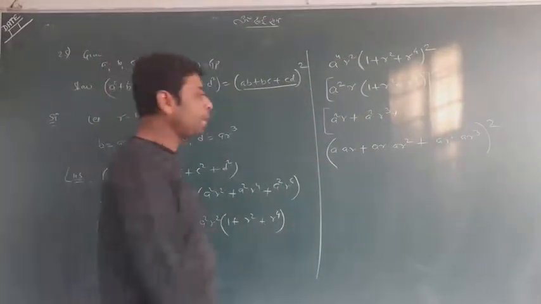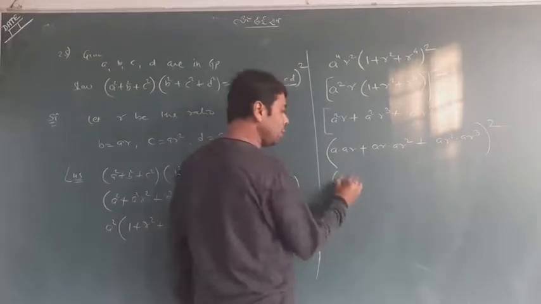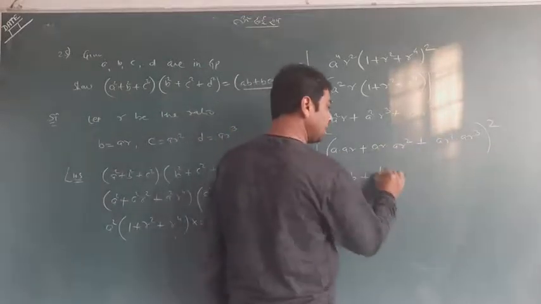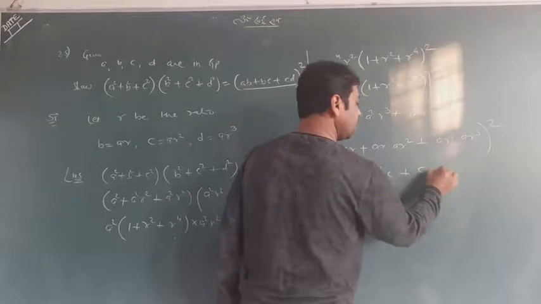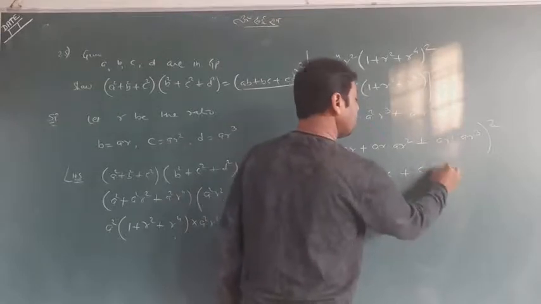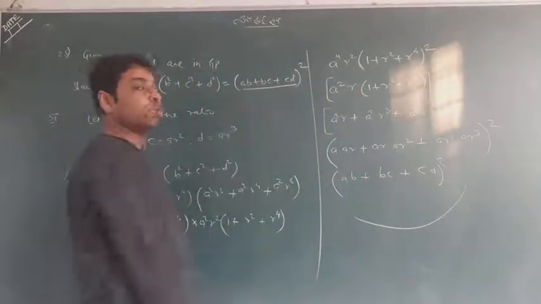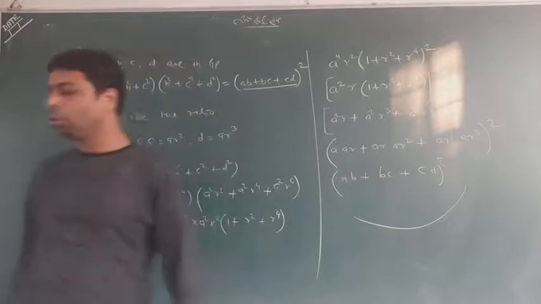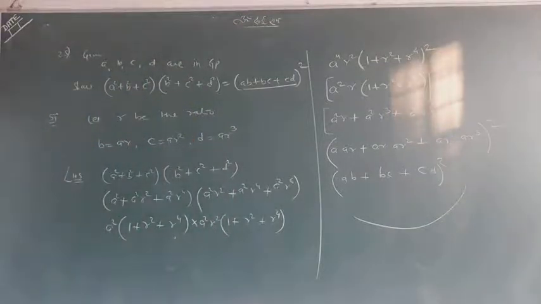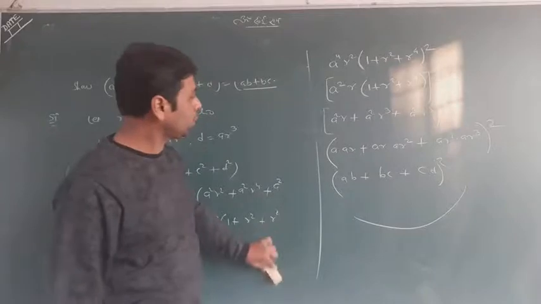Intentionally I broke like that because I knew the values. It is A, it is B, it is B, it is C, and it is C, it is D, sorry, and this is whole square which is right inside which you wanted. So this is again a good question, good technique we used here. So please follow the question properly.